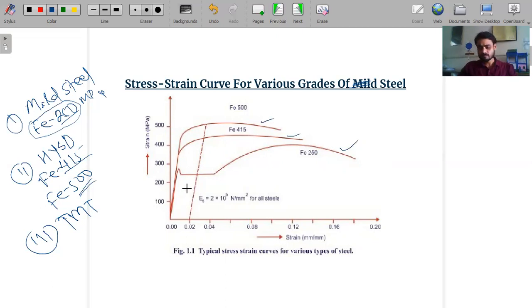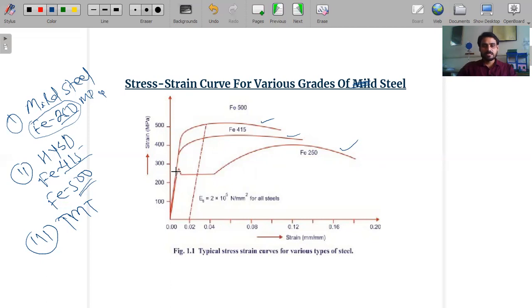If we show the stress strain relationship of various grades of steel, mild steel is low carbon steel. If we increase the percentage of carbon in various grades of steel, the strength of the steel increases, but the ductility decreases. The portion of the stress strain curve along the strain axis decreases. That means ductility decreases and brittleness increases. While gaining high strength by increasing the carbon percentage, at the same time we lose the ductility of that material.